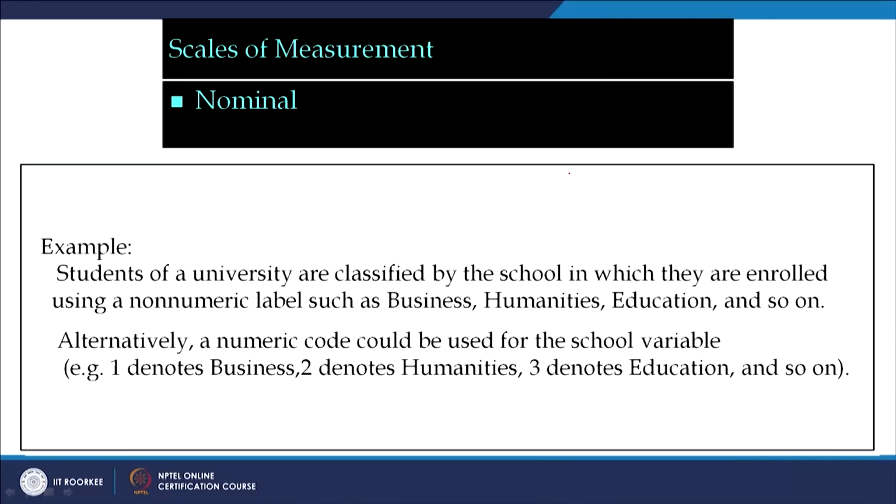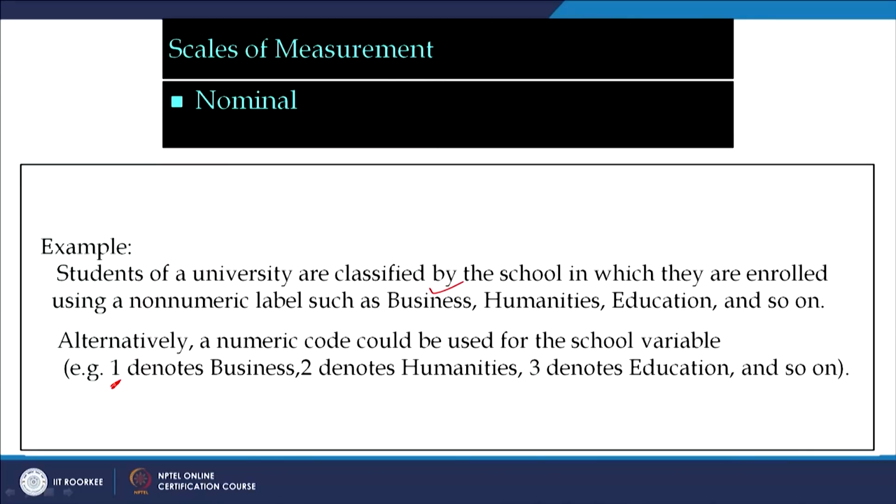We have seen an example as well in the previous class. Let us say you can have a nominal scale like different departments in a university: business school, humanities department, education department, civil, electrical, mechanical. So, these are nothing but nominal scales. Gender is also a kind of nominal scale. So, you can say male, female, group 1, group 2, yes, no, right, all these are nominal scales. And of course, you can convert a nominal scale into a metric scale by assigning some numbers to them, for example, 1 to business school, 2 to humanities and so on, right.